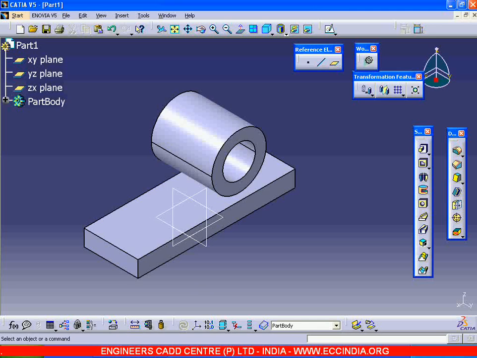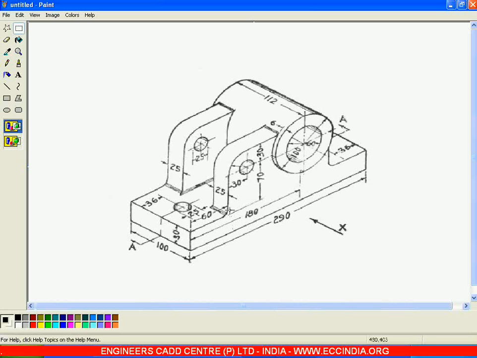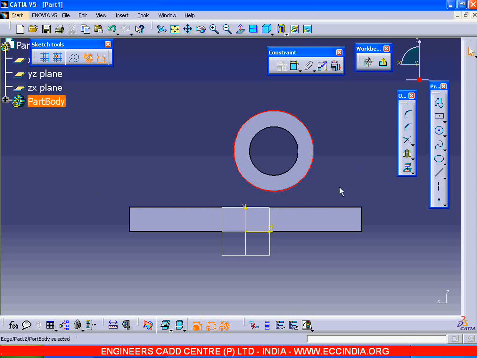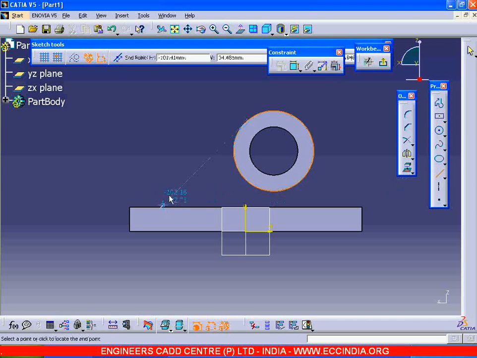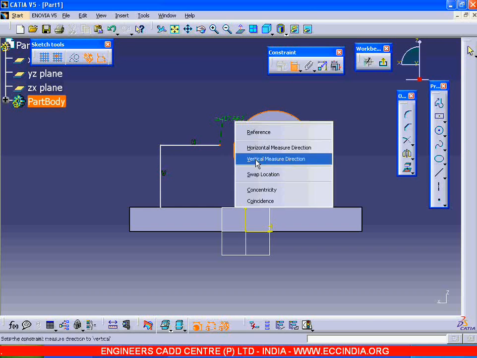Then I am going to create this support here. So for that I am picking this face as a sketching plane and I am drawing this particular shape. First I am projecting this outer edge, taking the project 3D elements command and projecting that edge. Now draw a line like this and one more line. This line endpoint has to coincide in this way,